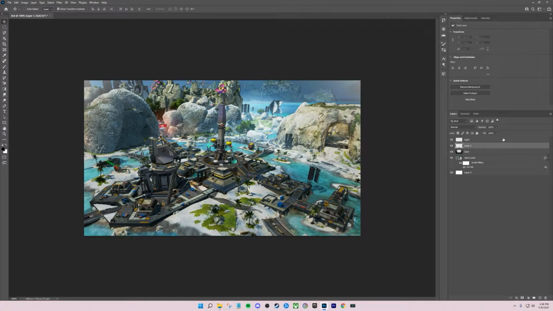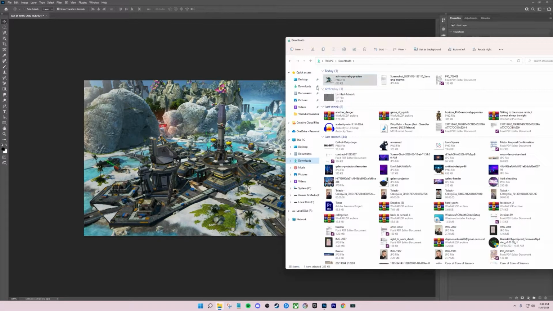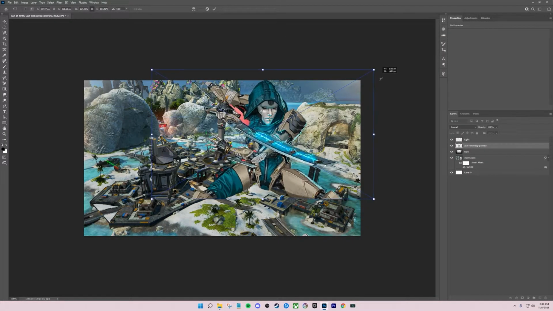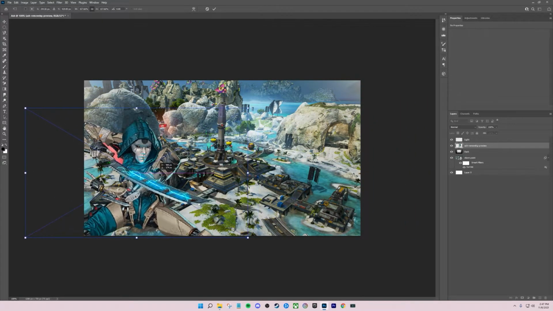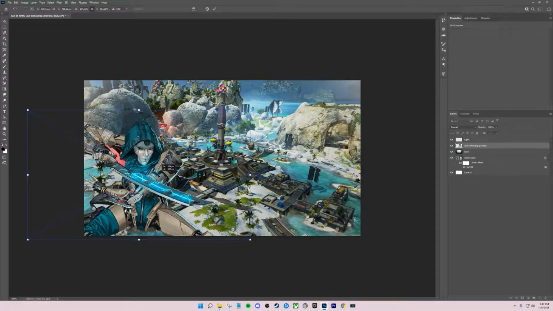again, keeping the light on top. We can name this layer Ash, as this is going to be the layer when we drag in Ash into our picture. Again, resize her, position her the way you want it. If you want, I would recommend always keeping the character facing towards the text,